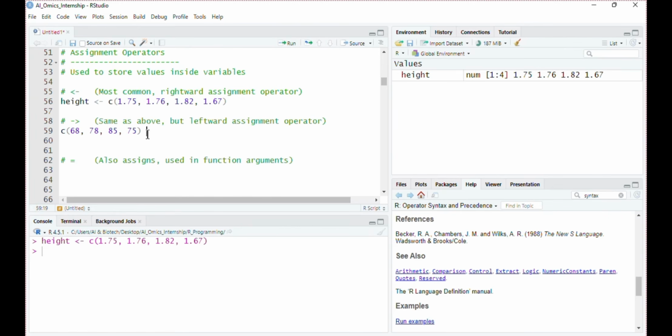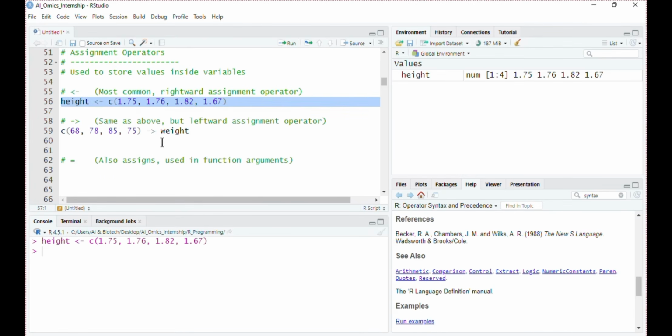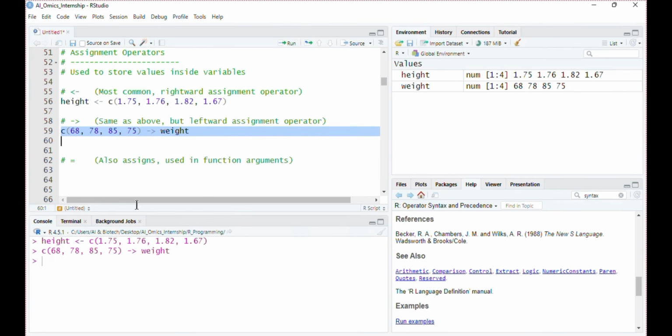After the values, now I have to insert this assignment operator, that is hyphen and greater than sign. Now after this operator, on the right hand side, I have to add the variable name that is weight. So it is totally opposite of the previous assignment operator. If I run this line of command, a new variable weight has been created.